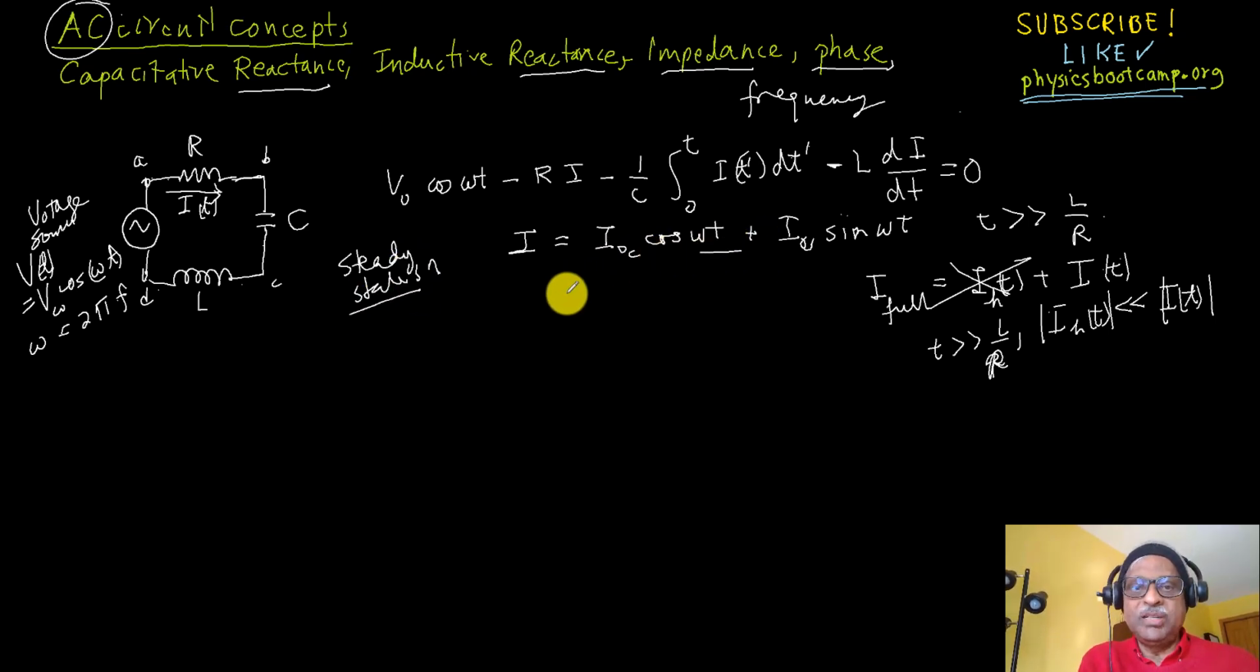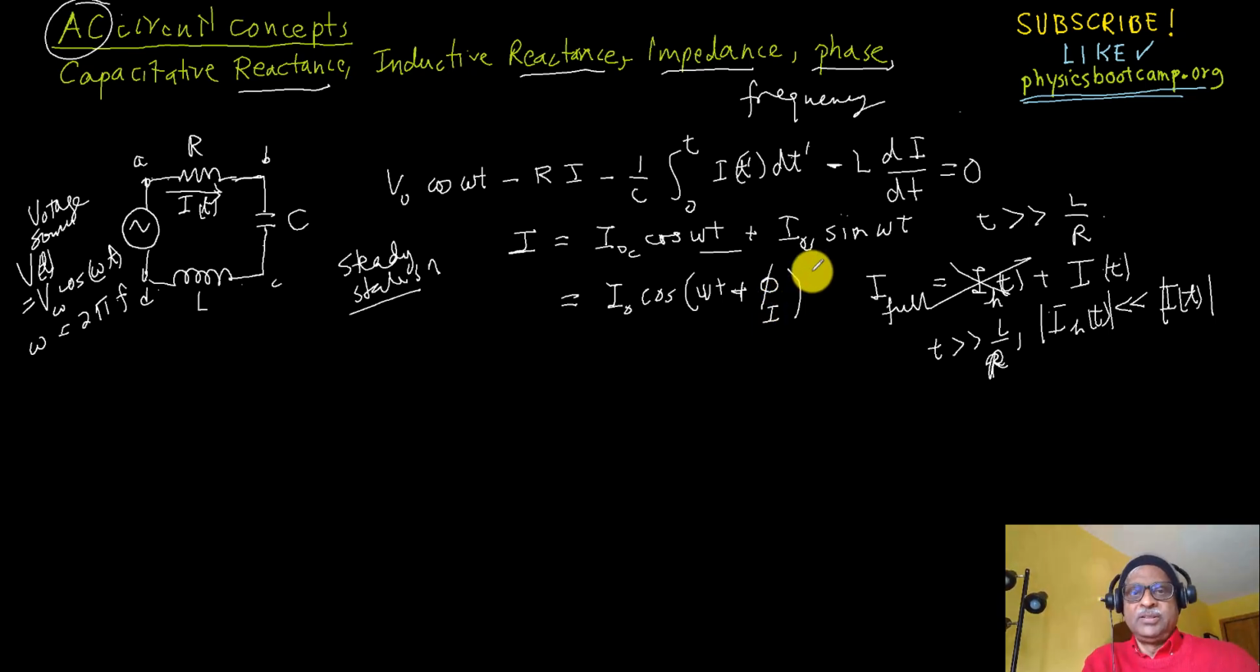And this can also be written as a magnitude, some I0 cosine omega t plus some phase phi of the current. So you should be able to do this. One way is to find all of these and then convert them to this. I'm not going to do all this math because we're not doing the math of this. You can do this by having